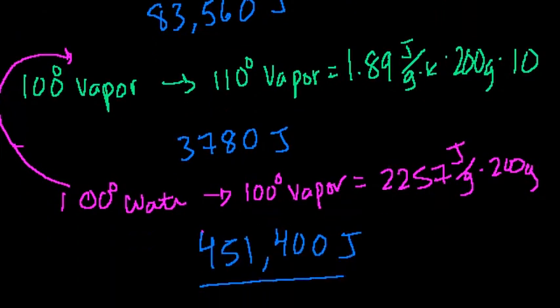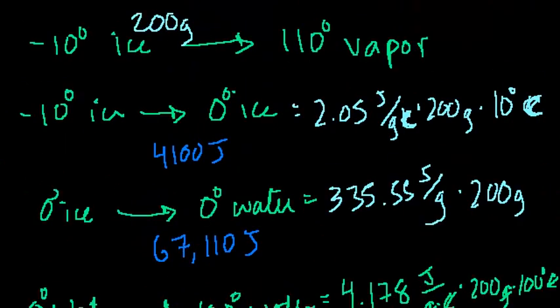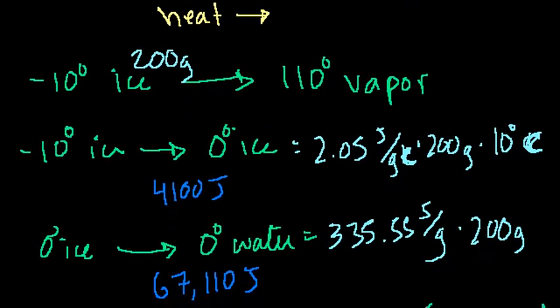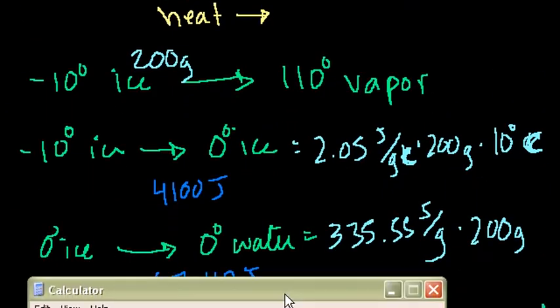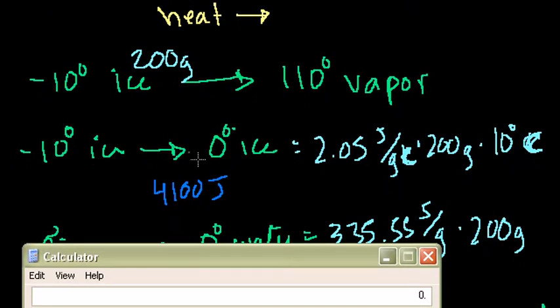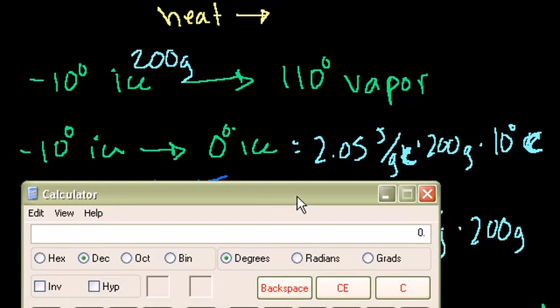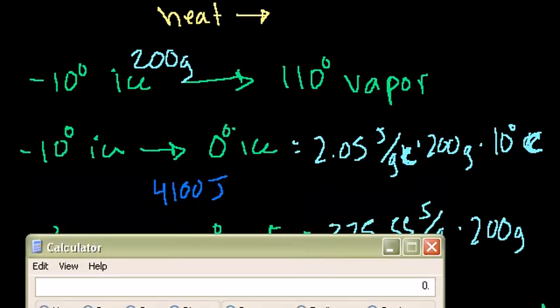So let's see. And I'll do them in order this time. So to go from minus 10-degree ice to 0-degree ice, and of course we have 200 grams of it, it was 4,100